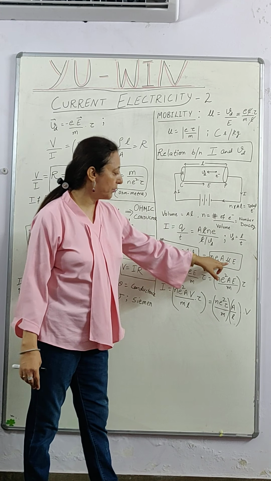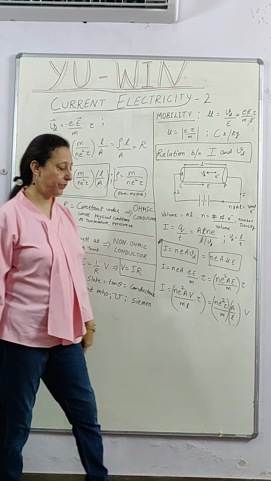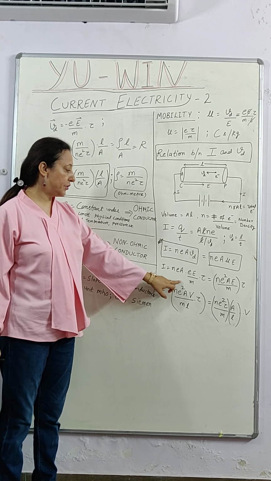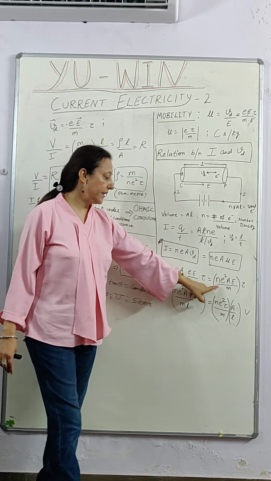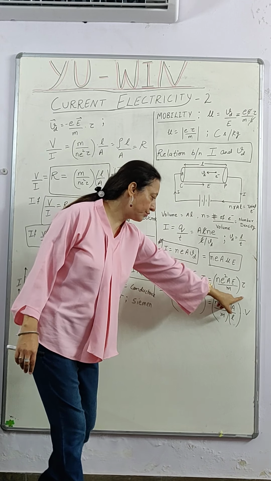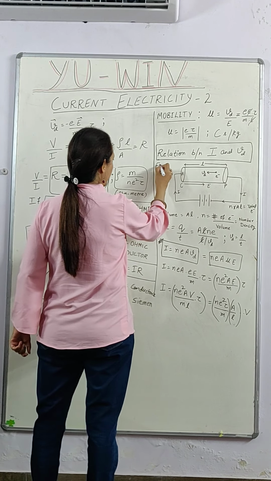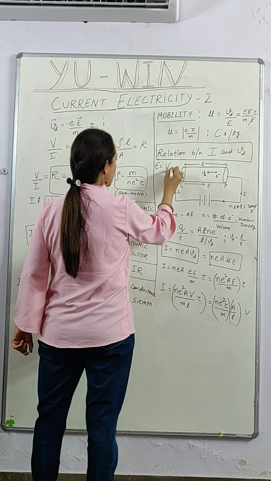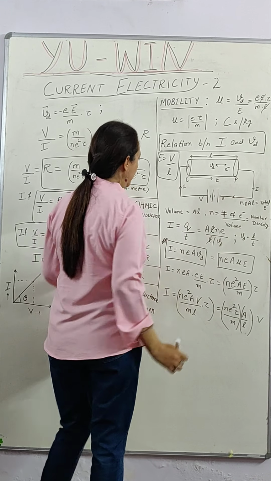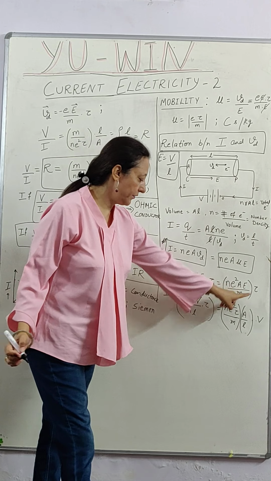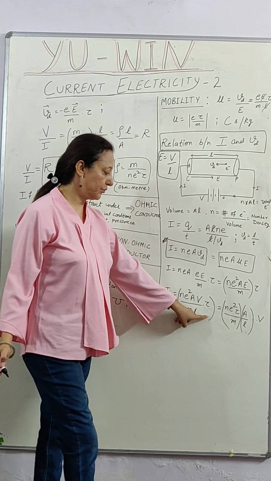If I replace Vd with the mobility, then Vd is equal to mu into E. So we can also write it as neA mu E. Now, if I substitute the expression for the drift speed, which was equal to eE by m into tau, it comes out to be ne square A E by m into tau. And E is also equal to V by L. Applied electric field is potential difference applied per unit length. If it is a V volt battery, then E will be equal to V by L. So I can substitute E with V by L also. So current comes out to be ne square AV by mL into tau.